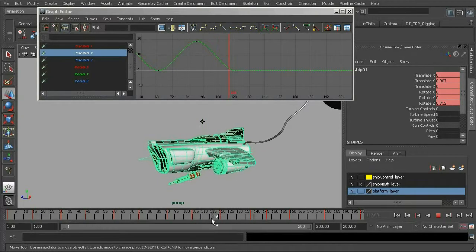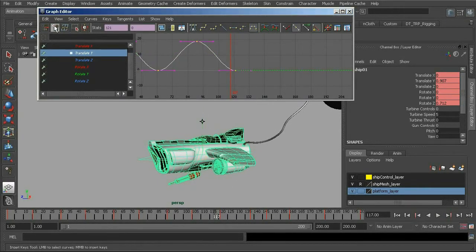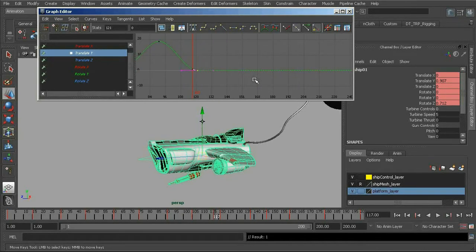All right, so what I'll now do is head over to frame 117. We'll select our function curve and use the Insert Key tool to place a key right there, again, just before our ship comes down to a stop on 121. And now going to our Move tool, we'll grab the key on 121. And let's go ahead and shift it down to a point where we'd like the ship to translate down more